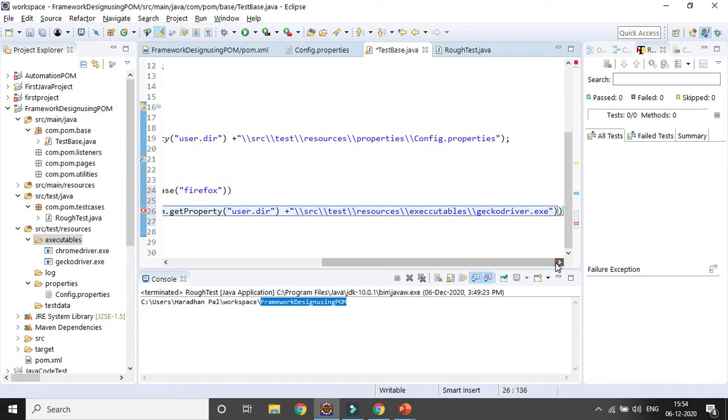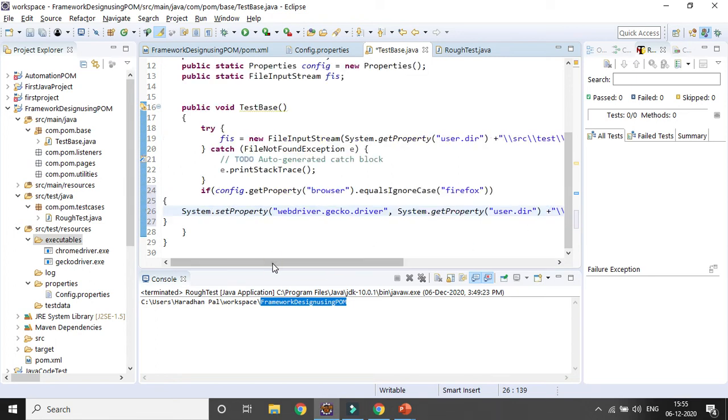Now here an error message is coming. I need to give one single bracket and close with a semicolon. So the error message is gone.